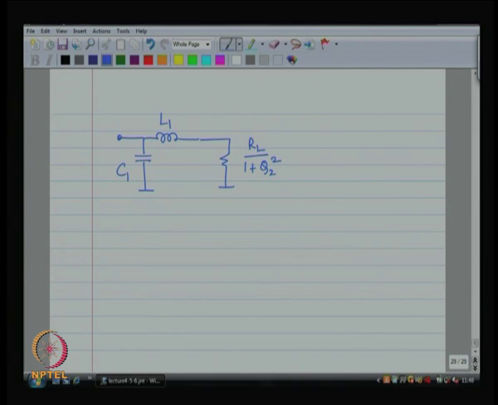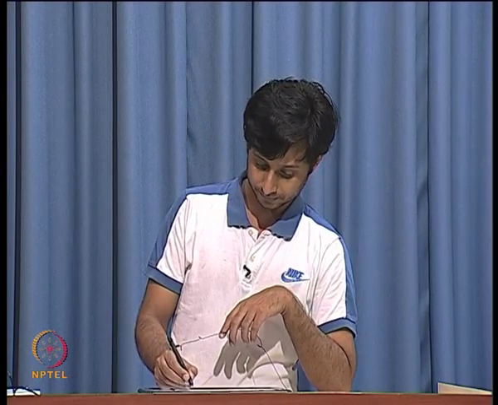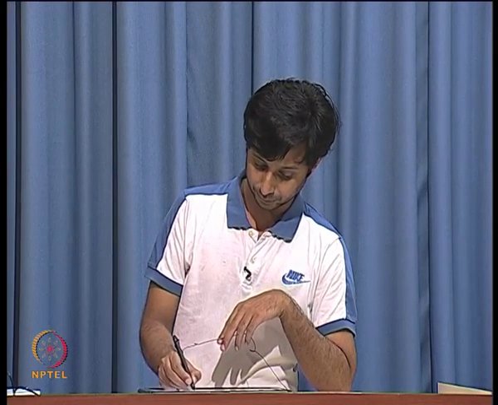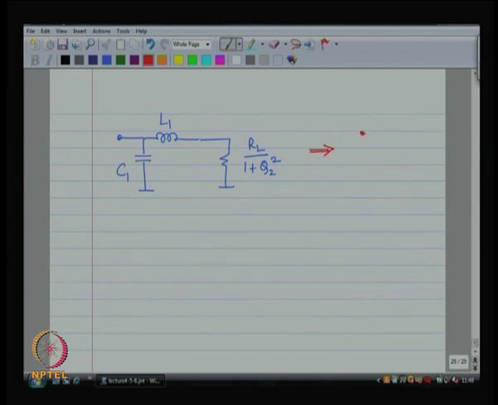This is what I see at the frequency omega naught. Now, we can further transform this. L1 is in series with a resistor. So, this can be transformed into a parallel combination of an inductor and a resistor, and what is going to happen? This is going to transform into a capacitor in shunt with an inductor in shunt with a resistor,